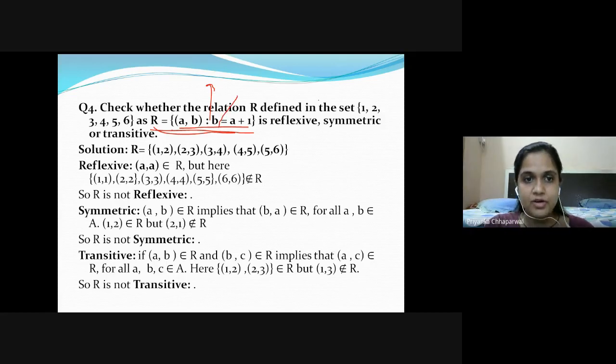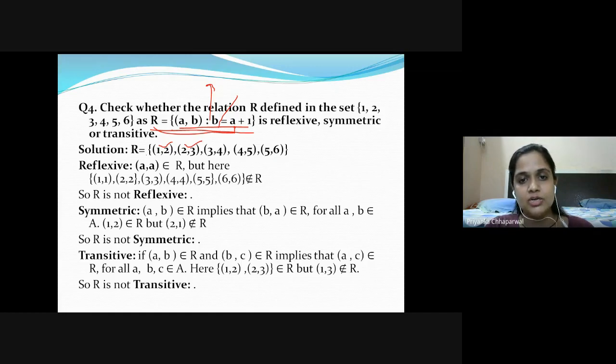So here we have the values 1, 2, 3, 4, 5, 6 of set A given. We have the value of element a, and we can find the element b. When we put a as 1, then b is 2. When I put a as 2, then b is 3. When I put 3, then 3 comma 4, because we have plus 1, then 4 comma 5, 5 comma 6. So it is your relation.